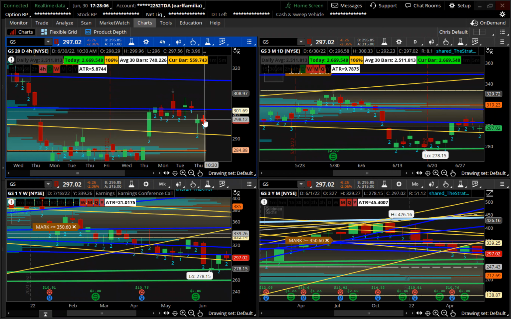We gapped down into a broadening formation this morning. So not sure if we'll, we may go back and retest, could be the thought, but outside of that, I'm not sure we're going to pull down significantly further than where it gapped down to this morning. So if you want to take a short trade to the downside, that would be what I'd be looking for. Take it back to the broadening formation around 291, 292.